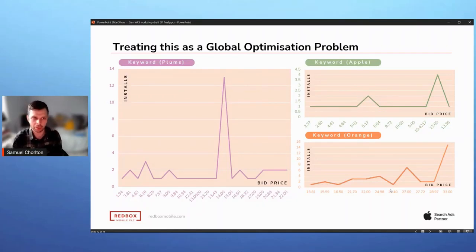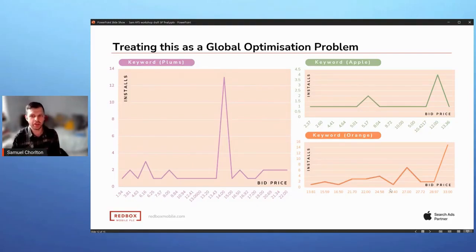Where this gets slightly more complicated in reality is machine learning is only as good as the data that you show it. What that means is, if all we've ever told it is bid prices and impressions, so we've got an X and a Y axis on our graph as an example, or bid price and installs, it's not able to factor in things like, okay, if I'm a sports app, presumably impression availability will increase on days that there's sports events running.